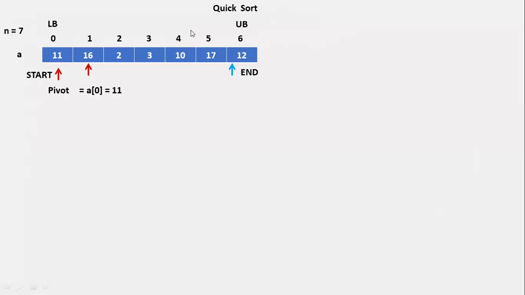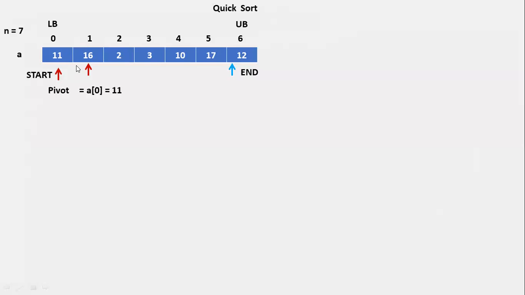If we find any element greater than the pivotal element, then we are going to stop incrementing the start value. We can say this in another way: any element which is less than or equal to the pivotal element, then we are going to increment the start